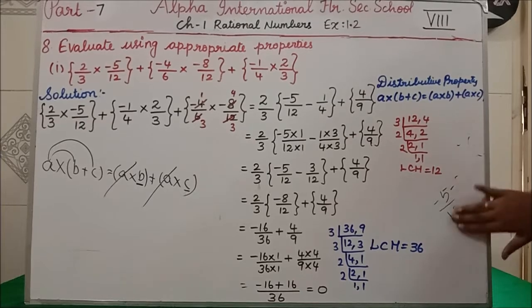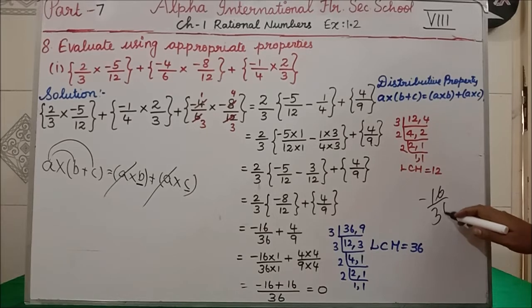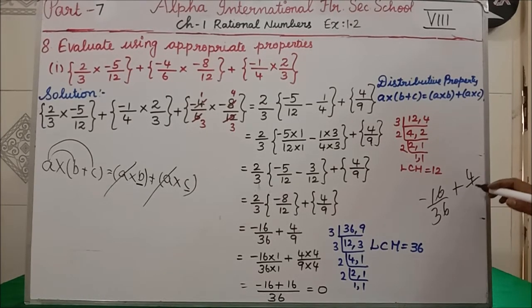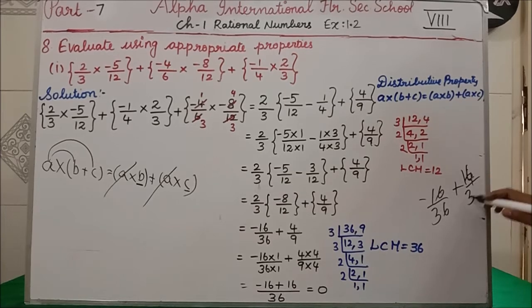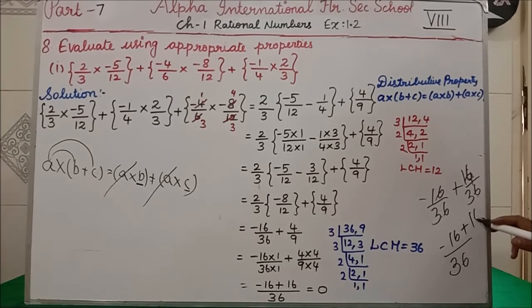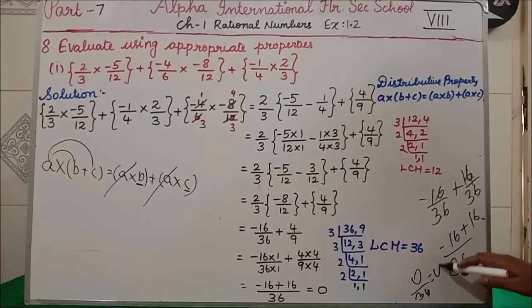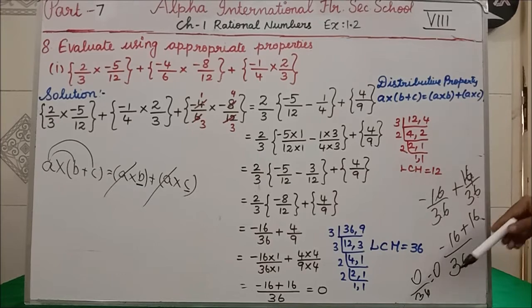So minus 16, I will write here, see, minus 16 divided by 36 we are having, plus 4 fours are 16 divided by 36 we are having. Both the denominators are same. So now we can write 1 over 36 and we can write minus 16 plus 16. What is the answer of minus 16 and plus 16? The answer is 0. So 0 divided by 36 is what? 0. So we have found the final answer is what? 0. Clear, student?